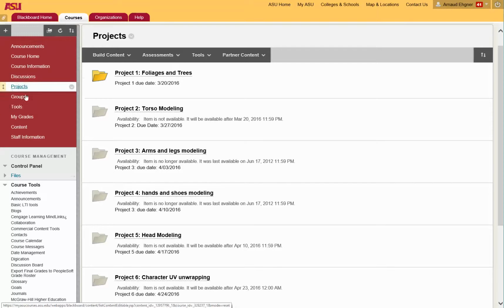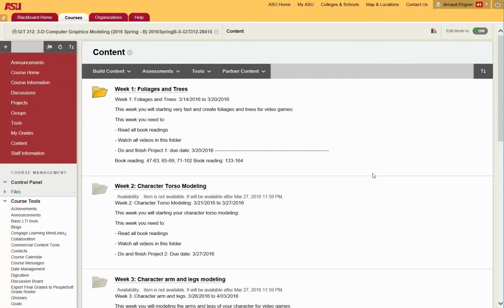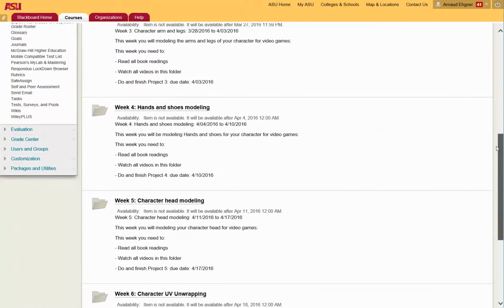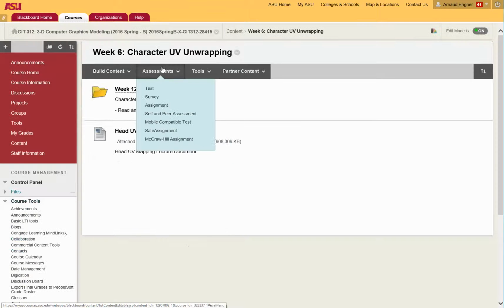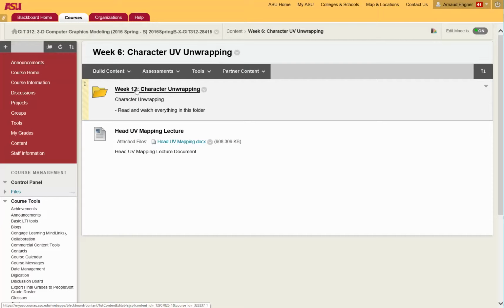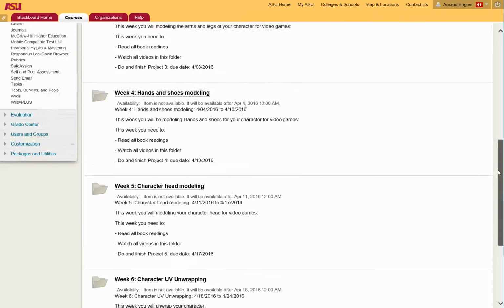Okay, after that, those are my tools and groups. That's my thing. The grade, same thing. Those are your things. Now the content right here is basically your week by week information. Everything is already done, as you can see. All right. You can look at it, everything is there, ready to go. I have to change the week on that one, so I'm doing a little bit of tweaking,